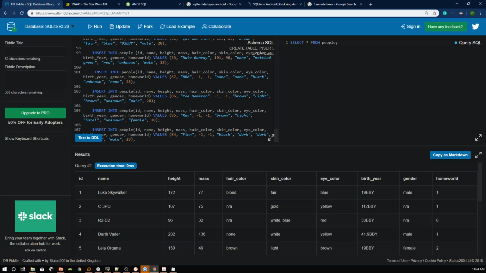So the next thing we have, we're going to combine another set of clauses. We're going to learn 2 more clauses here. We're going to learn the update clause. And with the update clause, we tell it the table we want to update. So in this case, we'll use update people. And then this is a little bit different than insert. What I use is the set keyword, and I am just setting the values. So I want to set Leia Organa's name to Leia Skywalker. So I'm going to set name is equal to